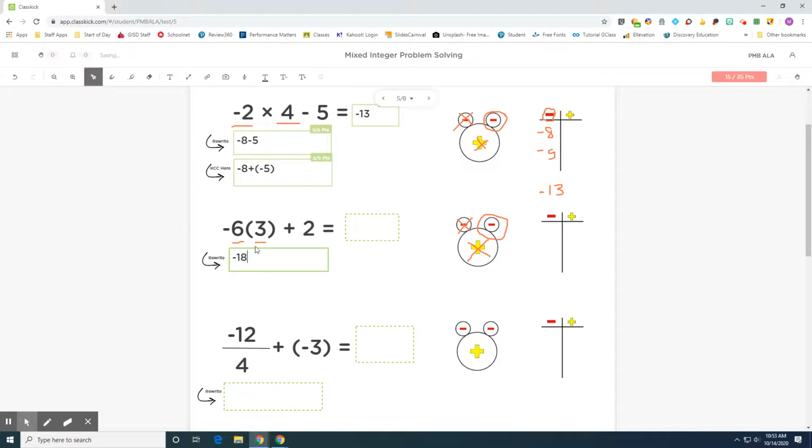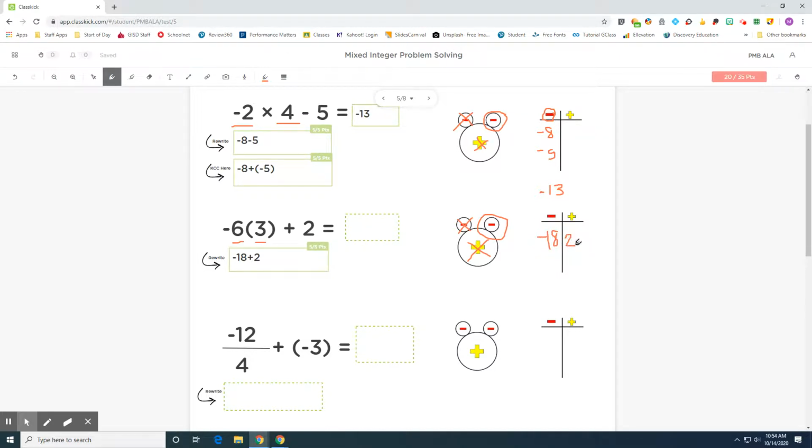And again, I'm rewriting the problem by bringing down the +2, which I haven't done yet. I've already done -6 times 3, but I didn't do +2, so I'm just bringing that part down. All right, now this is an addition problem. We do not have to do keep change change. We're just going to put it straight into the T-chart. So -18,